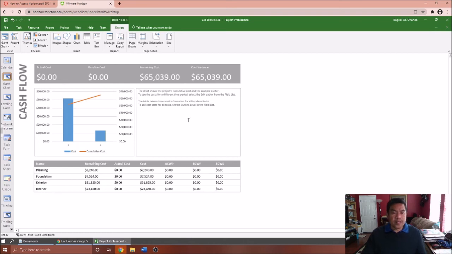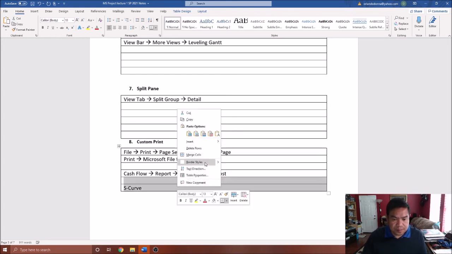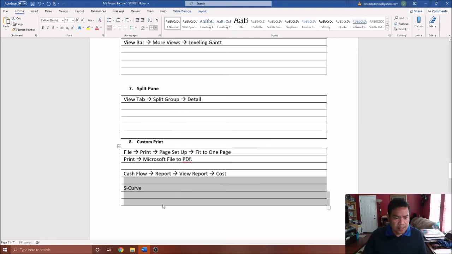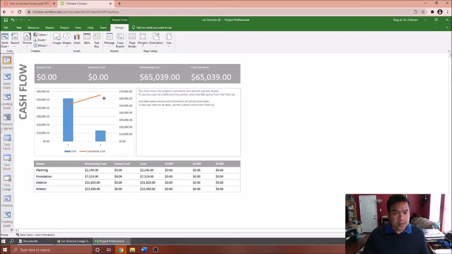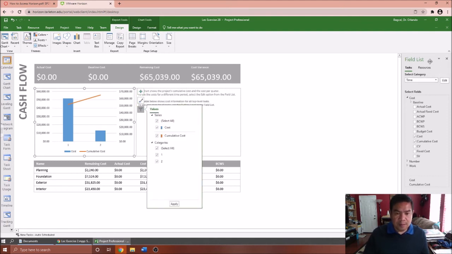Okay, so it shows the cost of your project, but one thing that I want you to do here is create the S curve. So from here, I want you to create the S curve. To do that, let me just add more here. On the S curve, I want you to grip the graph. So here what you're going to do is grip this graph, grip this one. It will give you an automatic field list on the right here. So what I want you to do in there is